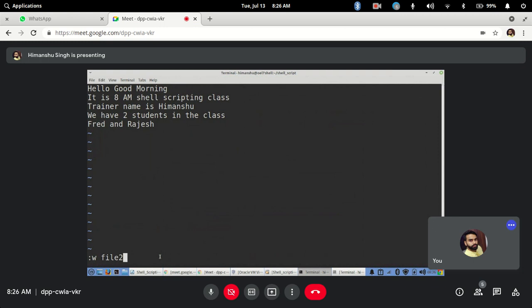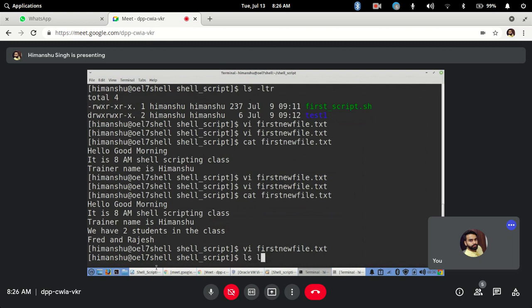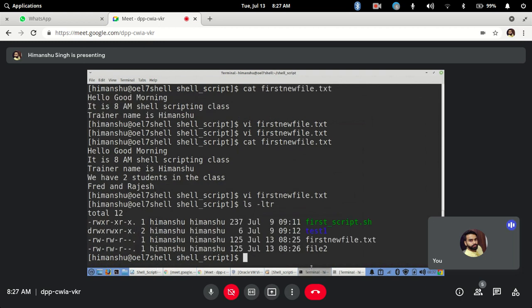So I am telling it: this is the second file, save this with the second file name, file 2, and enter. See, now it has saved in file 2, and now I will just do shift ZZ to exit. Now if you see here, a new file is also created with the same content. Got it?